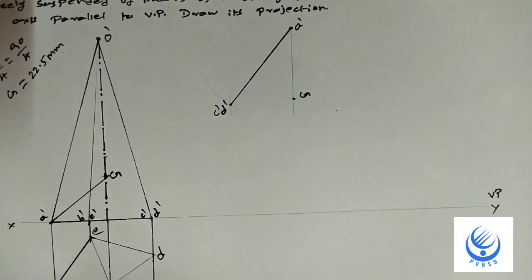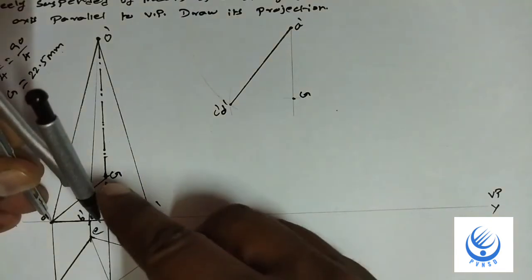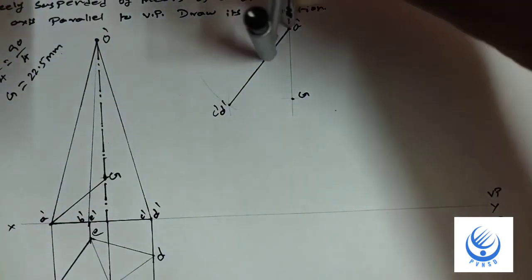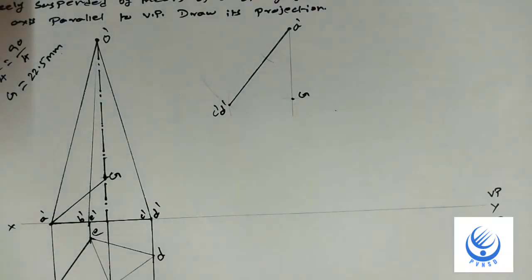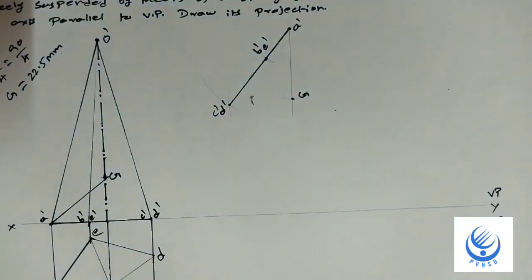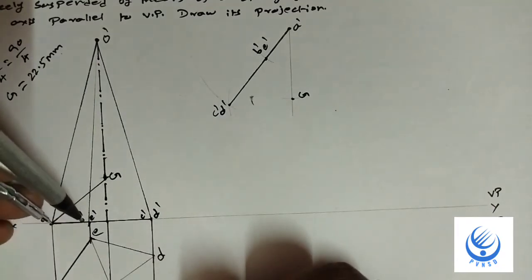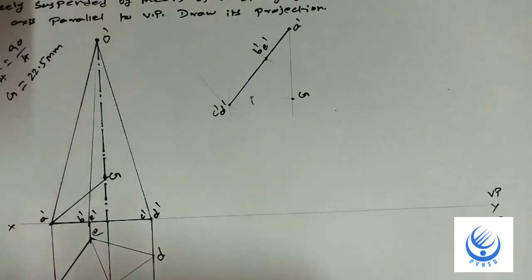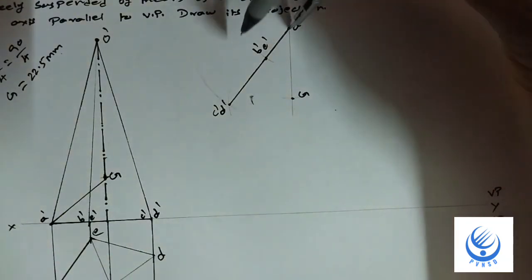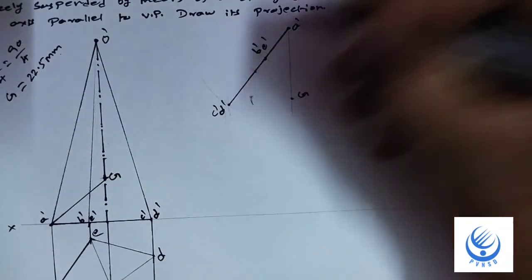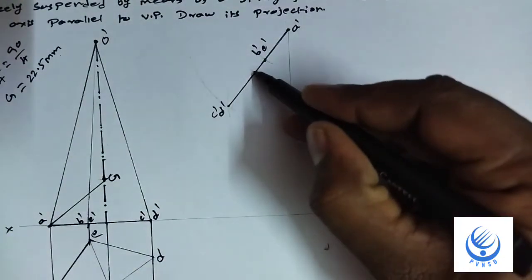The next, to mark a distance, measure the distance A to B from A. Okay, this is the B dash. This point is B dash, E dash. Okay, the next, to measure the center axis. This is the center. To measure a distance, center axis from A. Okay, this point is the center.